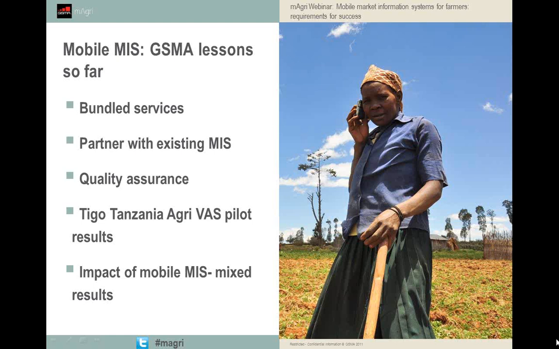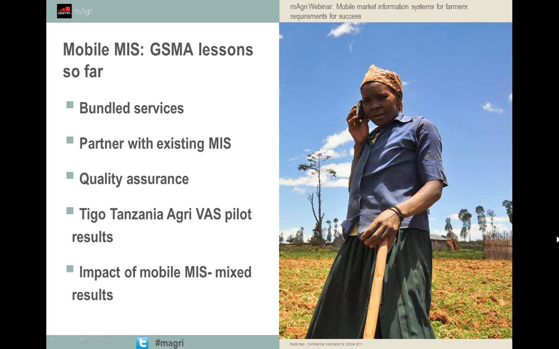the mAgri blog page. Finally, our desk research has shown that measuring the impact of market information systems is challenging. Attributing the prices farmers fetch to the impact of market information they receive is very difficult. So it's not surprising that we see mixed results when it comes to measuring the impact MIS is having on farmers' livelihoods. Again, Andrew Kizito will touch on this later in the webinar when he shares some findings on his